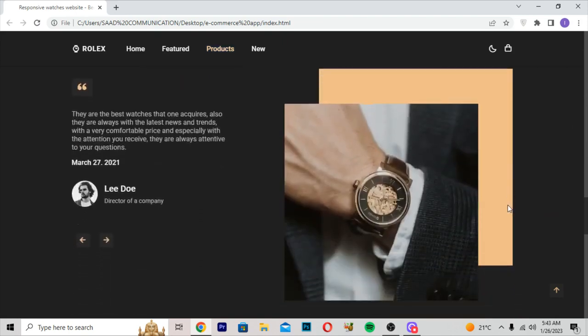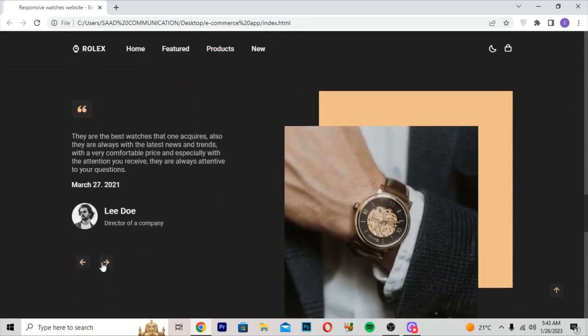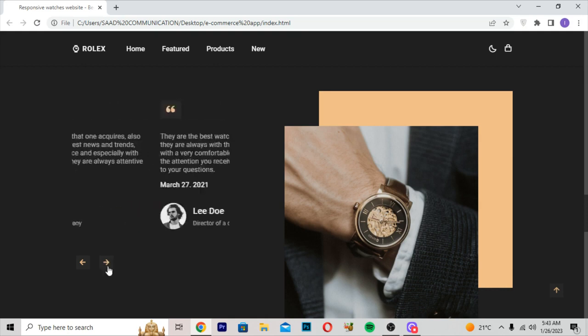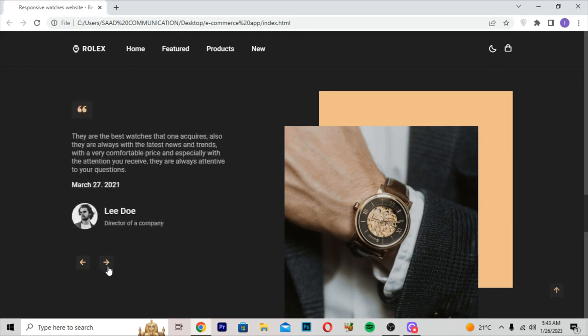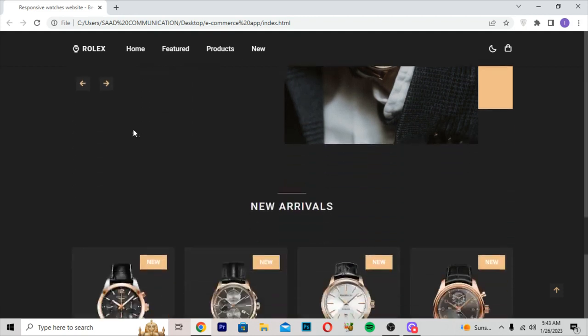Then if I move down, we also get the testimonial reviews about the watch. You will also see the date on which the user wrote the paragraph about the watch, the profile picture of the user, and who the user is who purchased this watch. You will also get their profession. You can also see there are many testimonials from people who purchased this watch. They have written that these are the best watches, that it has a beautiful design, and all these things you can read about.